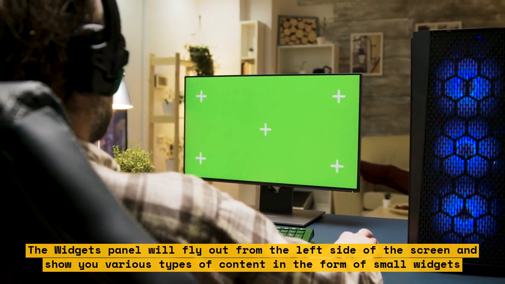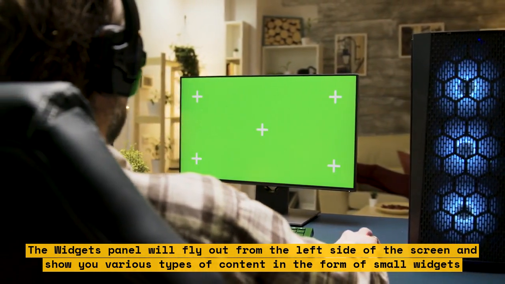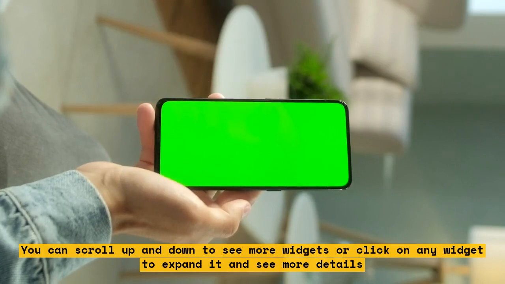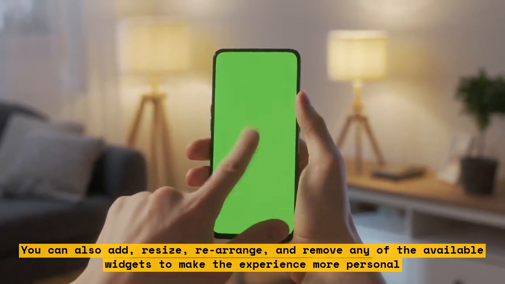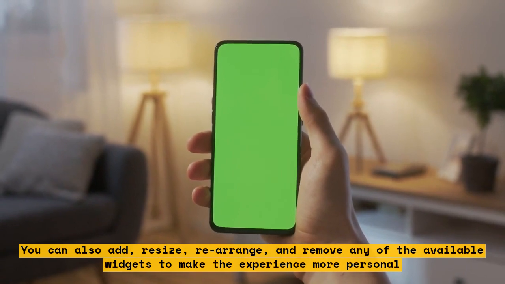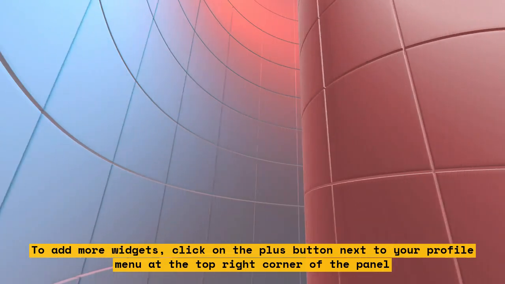You can scroll up and down to see more widgets or click on any widget to expand it and see more details. You can also add, resize, rearrange, and remove any of the available widgets to make the experience more personal. To add more widgets, click on the plus button next to your profile menu at the top right corner